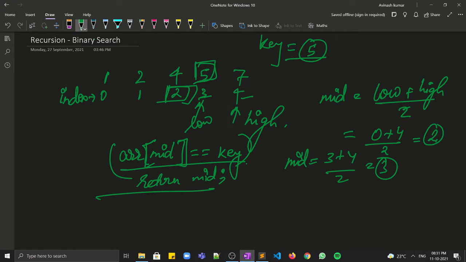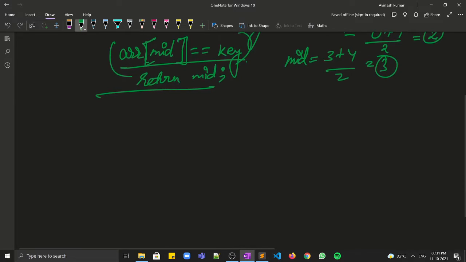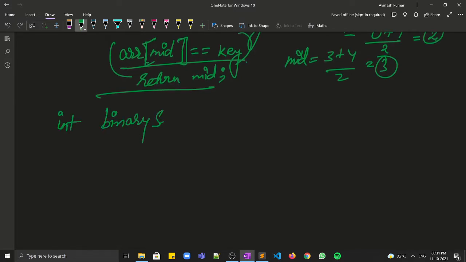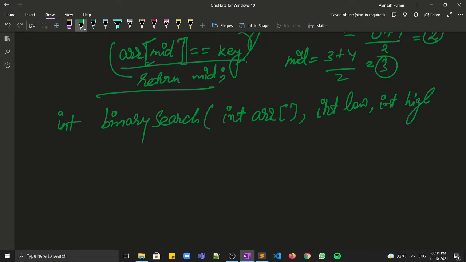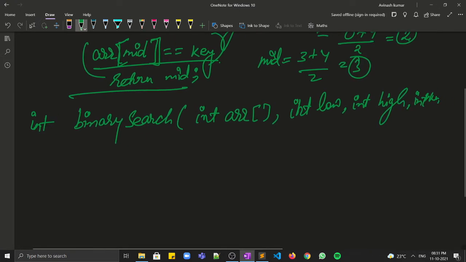And now let us see how we can implement it using recursion. Let's name our function binary search. It will accept one array as a parameter, then the low index initially, then high and key, right?